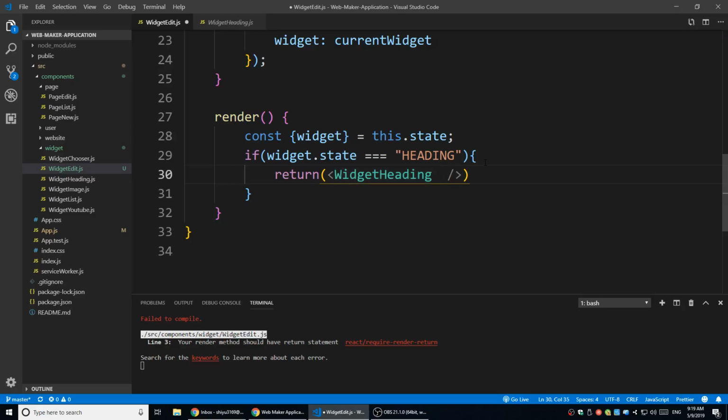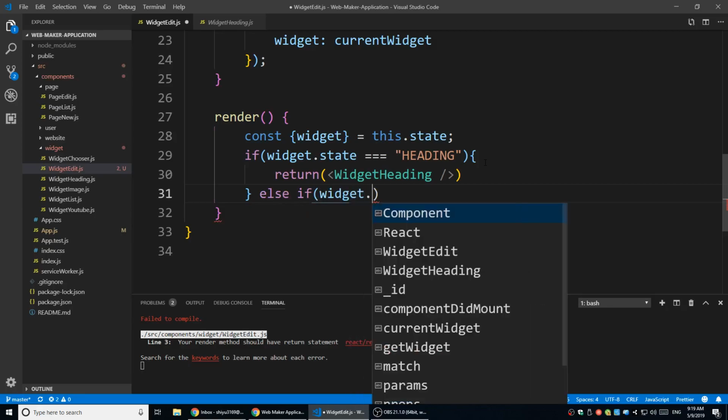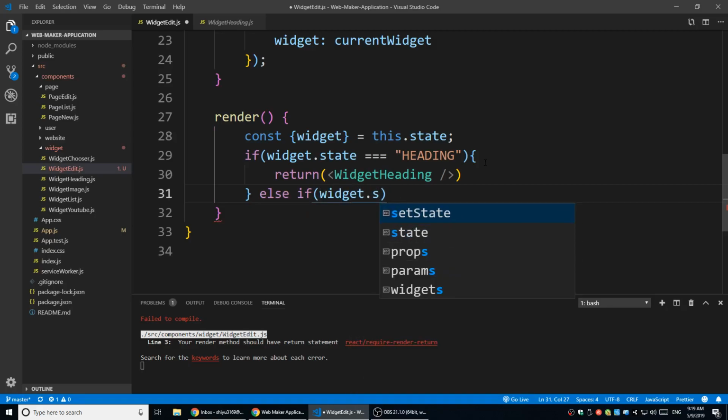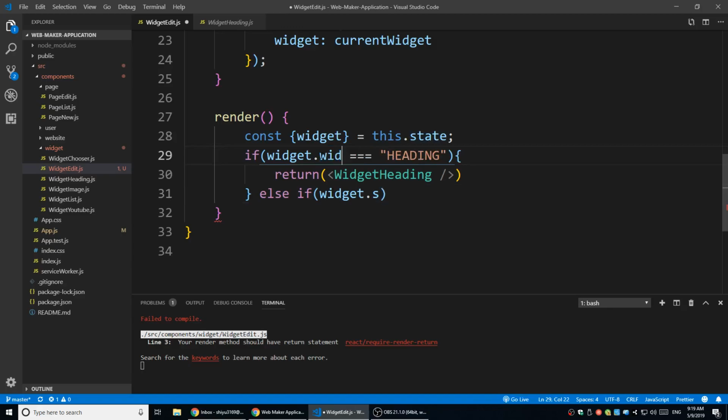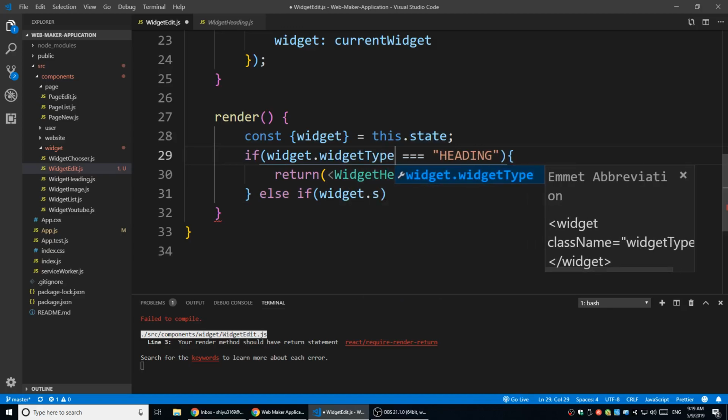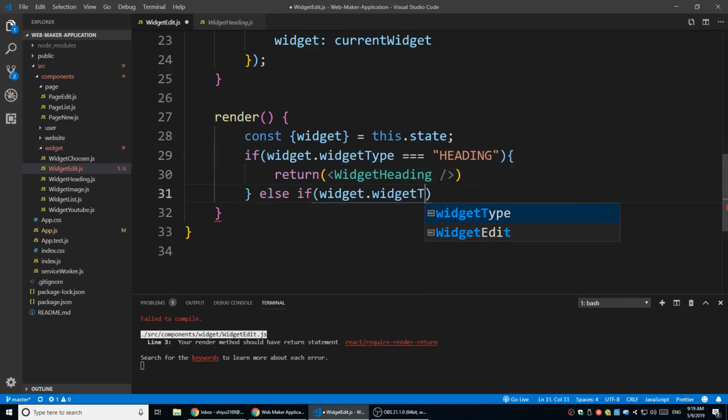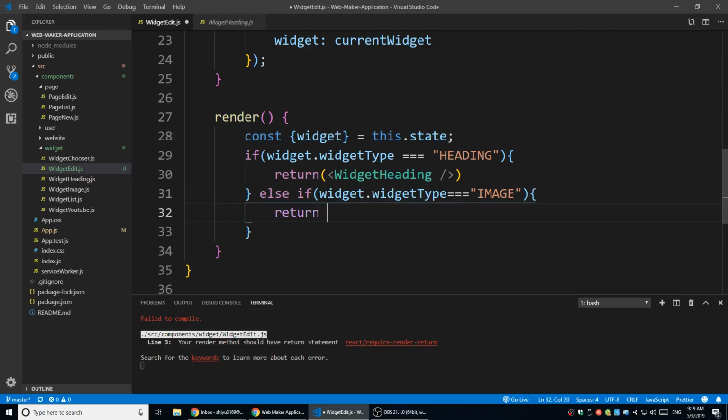Right? So this is how you're going to render the widget heading, and also we can pass the current widget information into it. Let's do that afterwards. So let's finish this first. So else if widget type, sorry, it should be widget.type. If widget type is equal to image, then we return